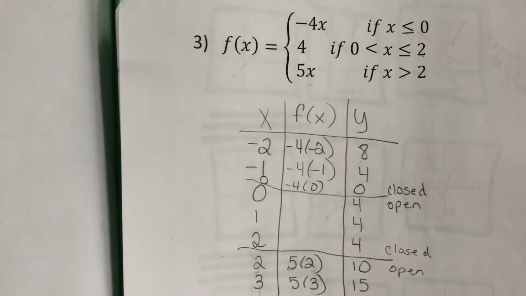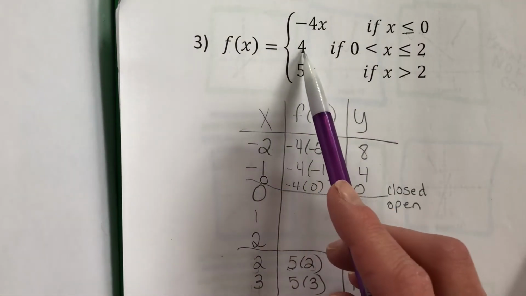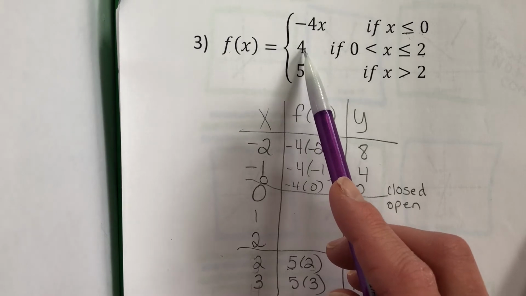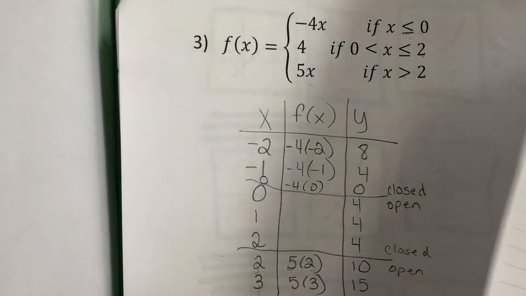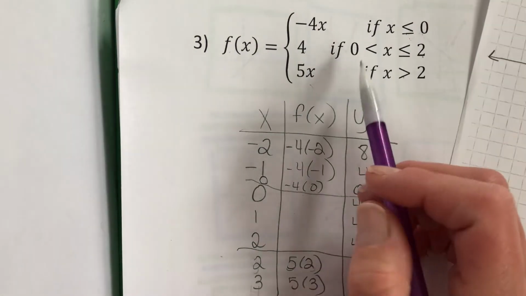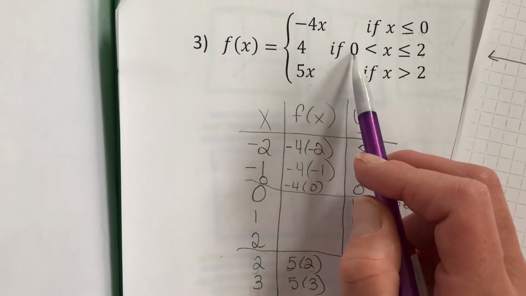Now in the next section, when you're graphing f of x equals 4, that's just a horizontal line like y equals 4. So naturally, all the y values here are 4. So when you go to graph it, we are going to do everything between 0 and 2. And we don't want to include 0, but we can include,